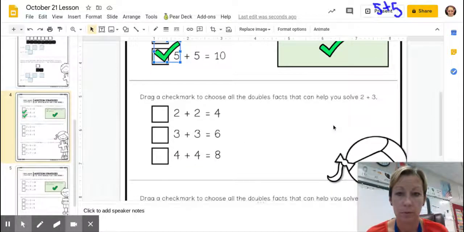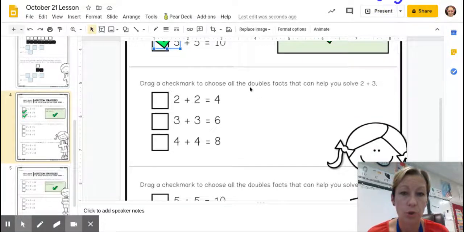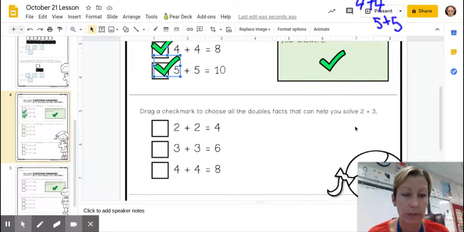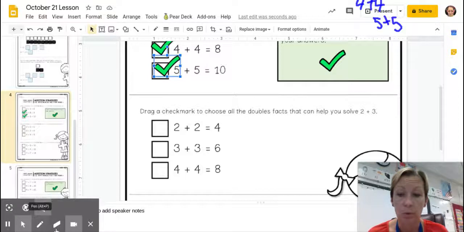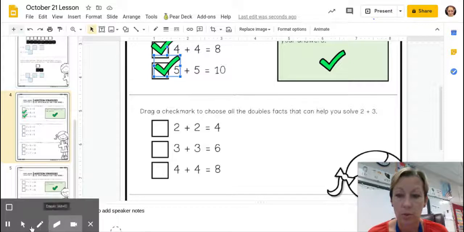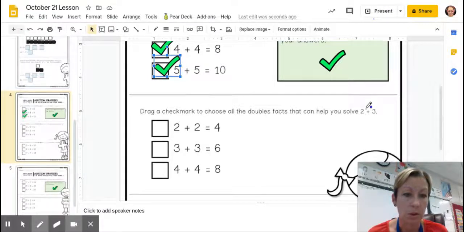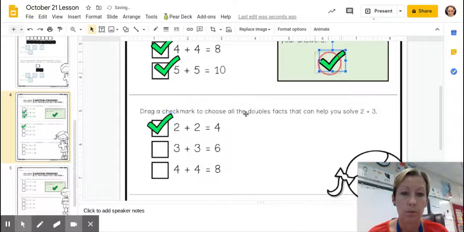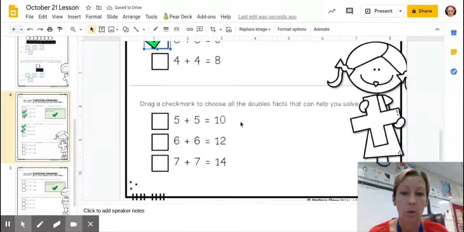All right, here we go. Drag the check mark to choose all the double facts that can help you solve 2 plus 3. This is what we were just talking about. Which ones can you use? It's either going to be 2 plus 2 or 3 plus 3. That's the only possible way. Do you see 2 plus 2 and 3 plus 3? Yeah, me too. What about